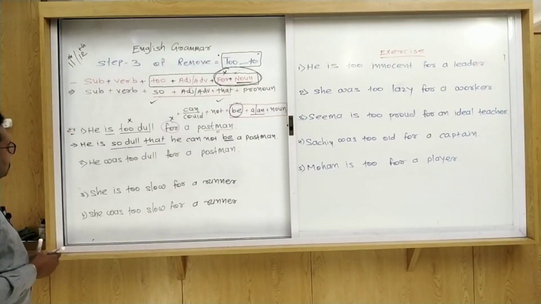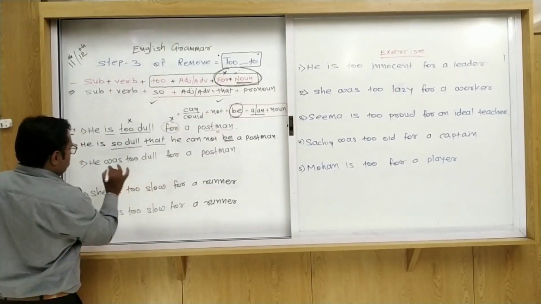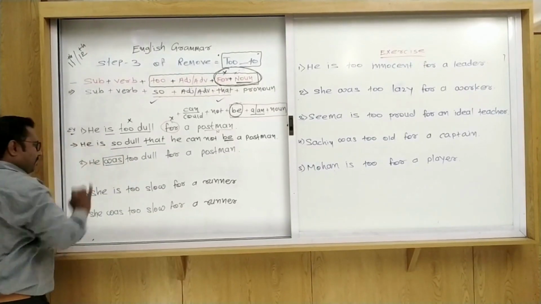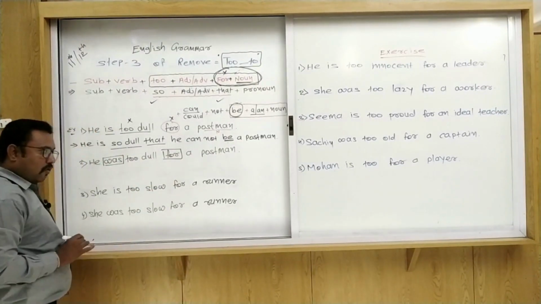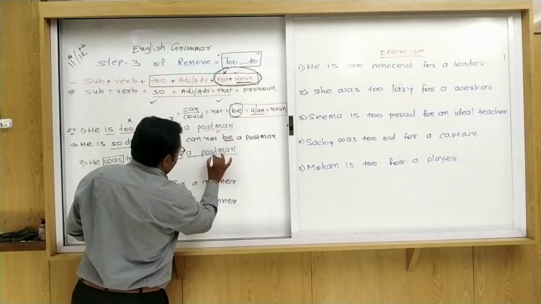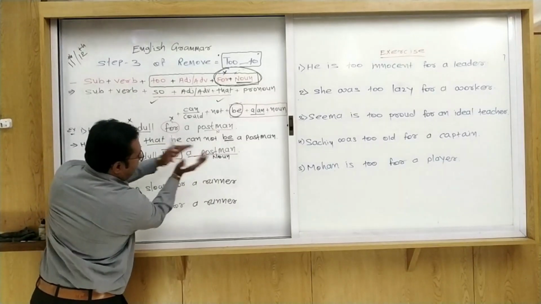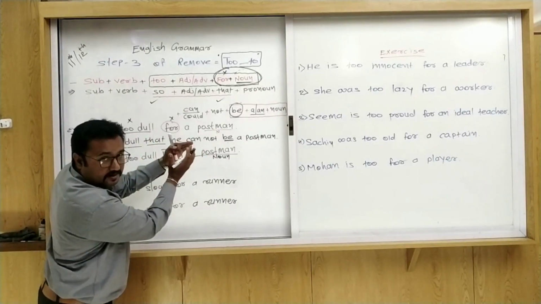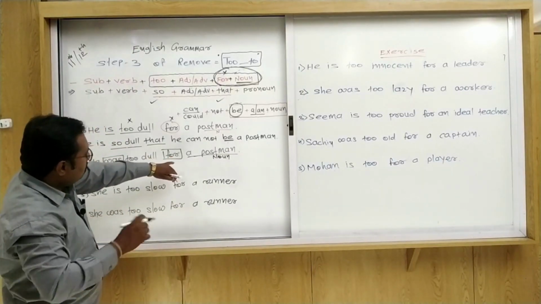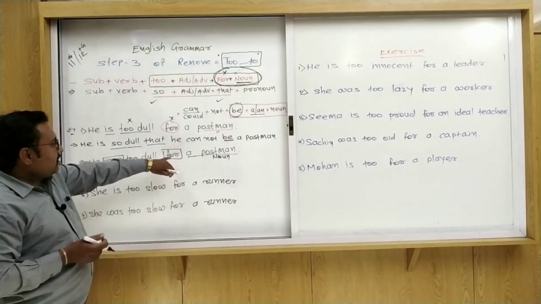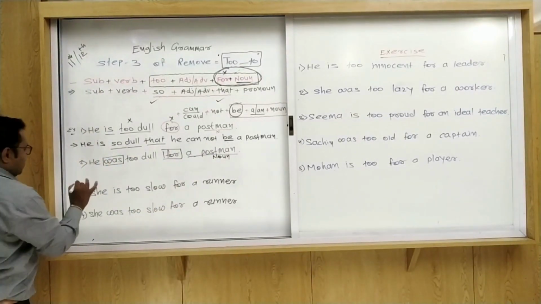Okay, understood? Now see the second sentence. He was too dull for a postman. Here the first thing is that past tense is used. Second, what is the keyword? "For" and postman, that is a noun. So you have to focus on "for" and noun. For plus noun. So when for plus noun comes in the sentence and you try to make the sentence, you have to remove "for" and use "be". It is very easy. Let's see.